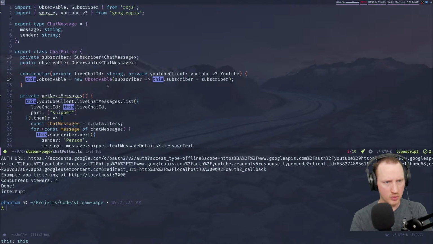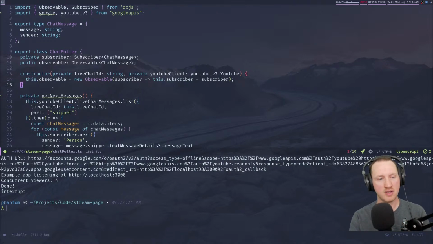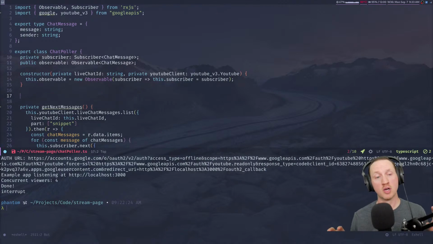So, the question now becomes, how do we initiate the polling for the chat messages? The most obvious thing you could do is just initiate polling in the constructor, since we have everything we need in the constructor. But personally, I don't like that because it gives you less control over when things start happening. You're coupling the creation of an object with another operation, which is starting the polling process. So what I'm going to do is have a separate function that will allow the user of this class to